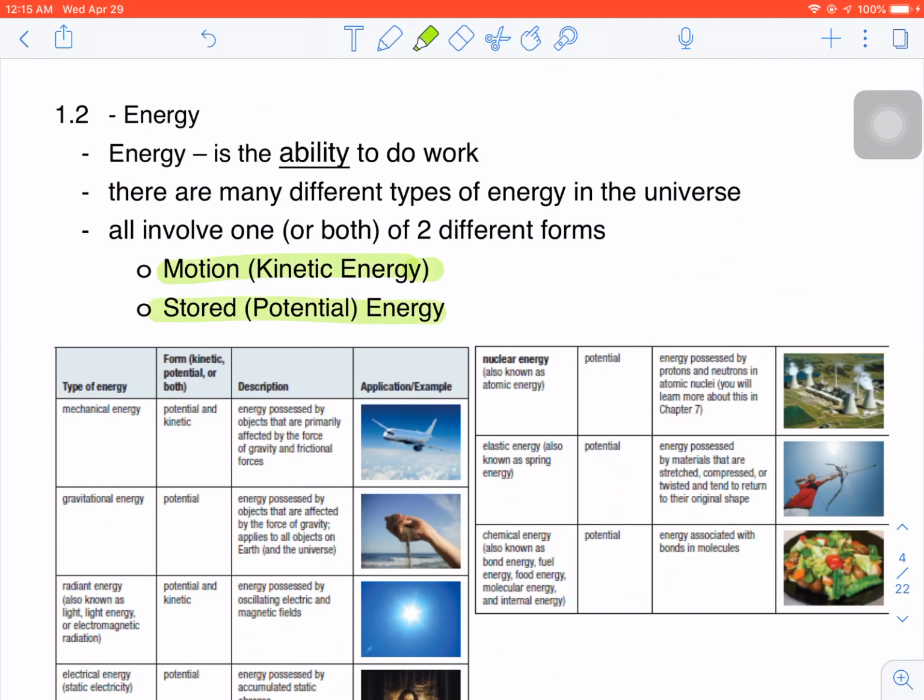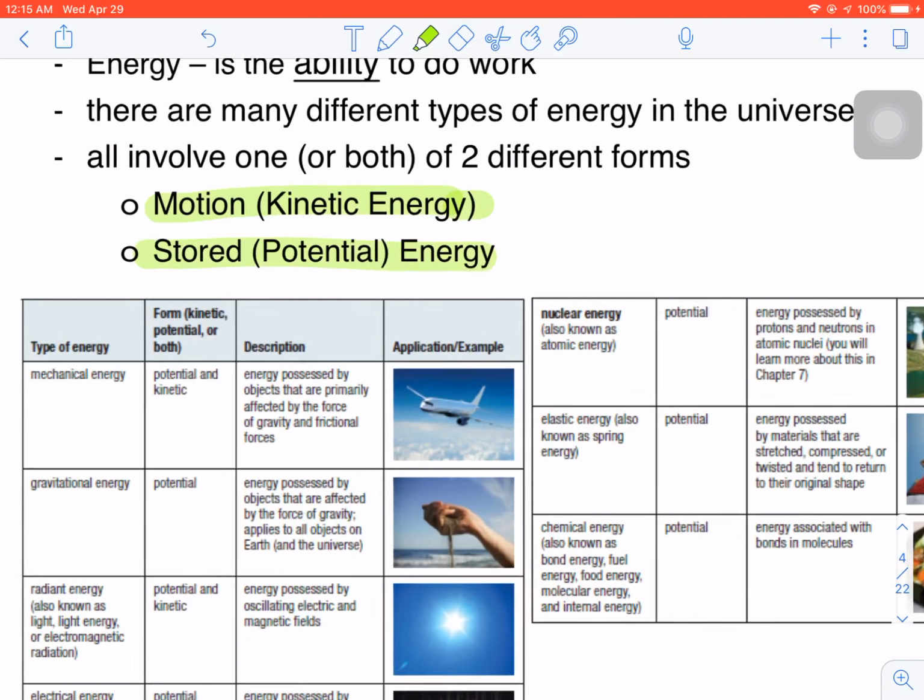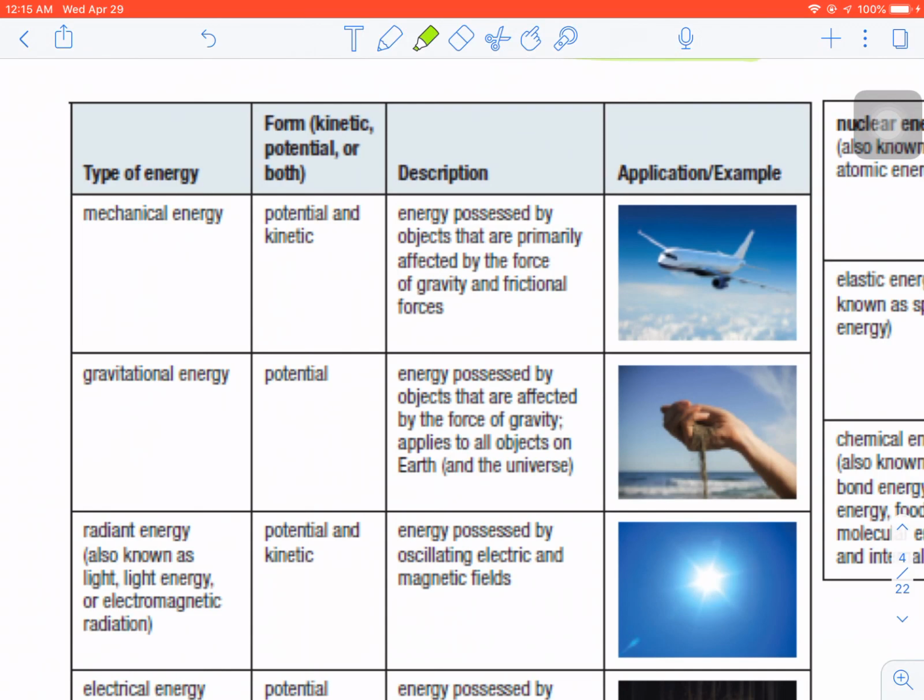Potential energy is stored energy. Now, I'm not going to take time to go through all the different types of energy, but there's basically a few that we're going to be talking mostly about. We're going to talk a lot about gravitational energy here,